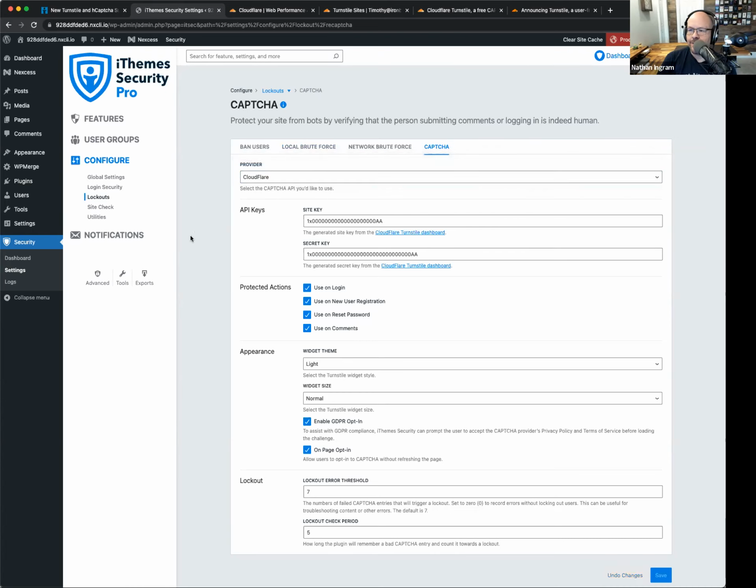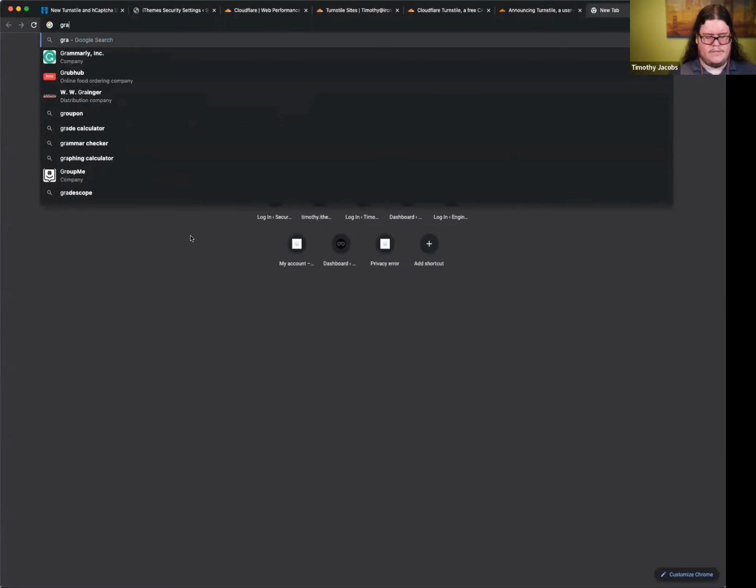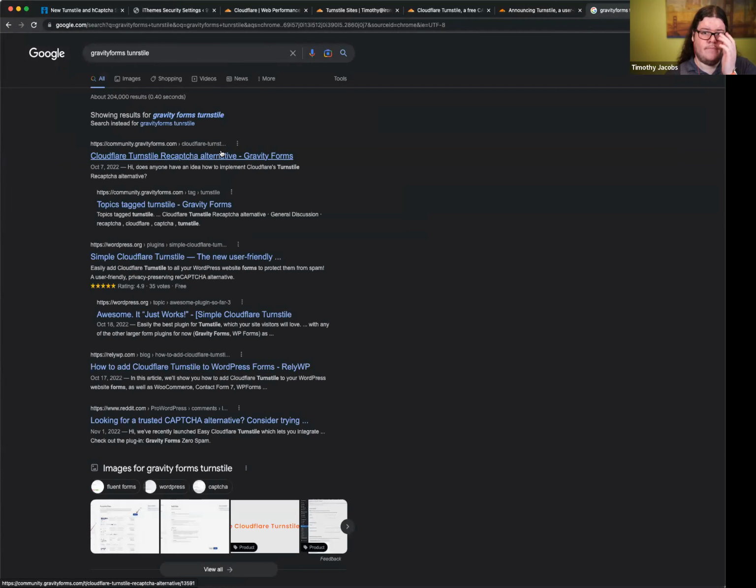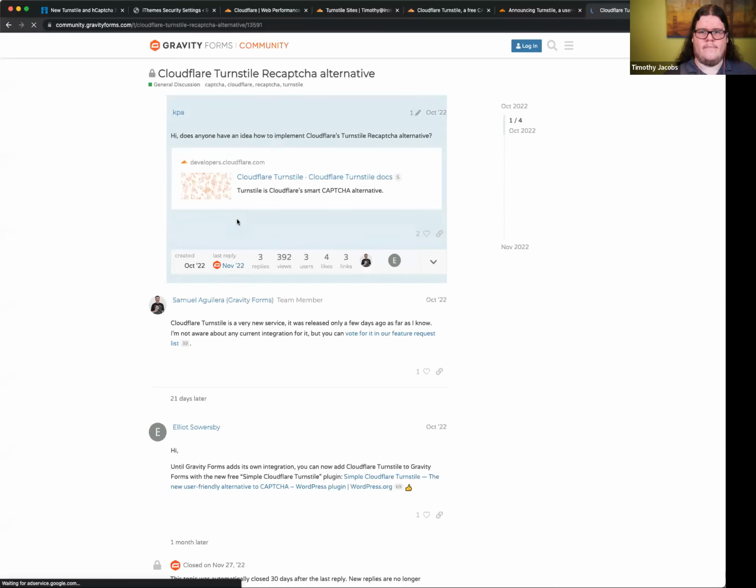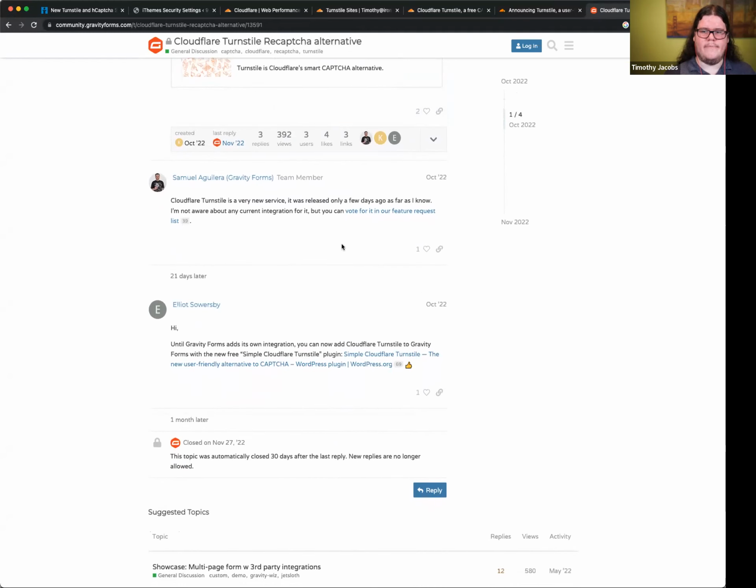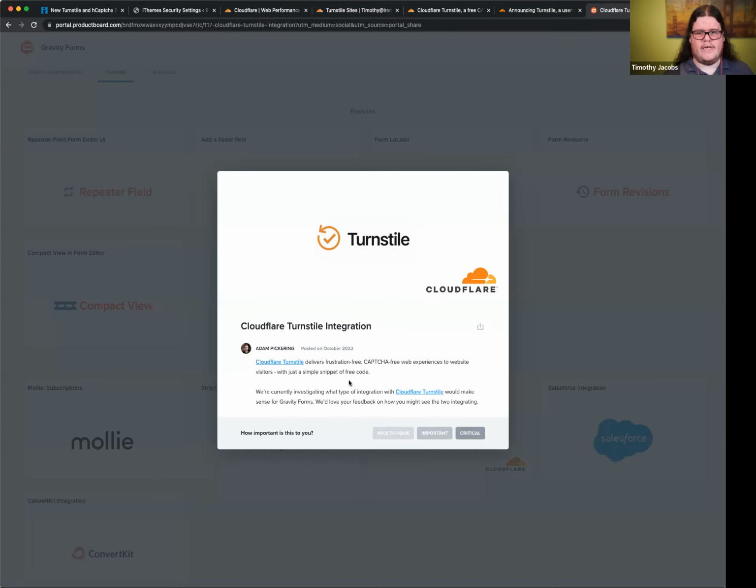Let's see. Bobby would like to know if you're aware, and I'm assuming he means Turnstile: does Turnstile work with Gravity Forms? I don't believe Gravity Forms has announced support for that. Yeah, not yet. But it looks like they have a feature request tracker that you can take a look at